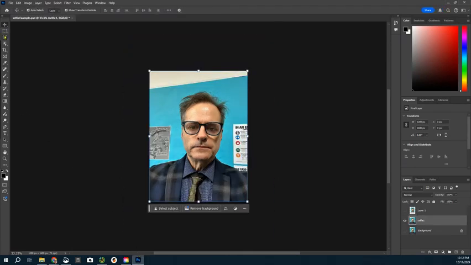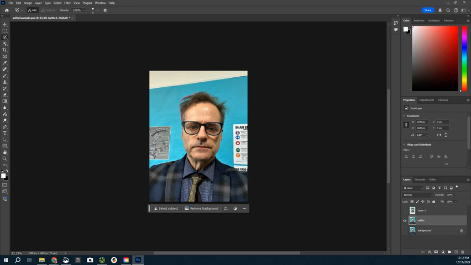The next selection tool, students, is the brush selection tool. You can see it's right here. Notice it has a little circle that goes around for you to select, paint the area you want to select. Up on this top toolbar, you can see that I can adjust the brush size from really big to really small. And if I just simply paint, like let's say I want to select my hair,